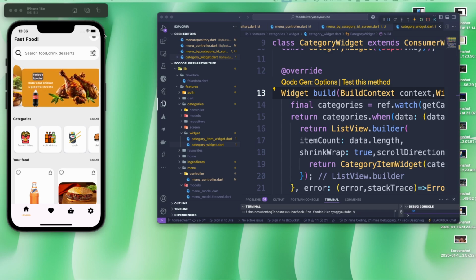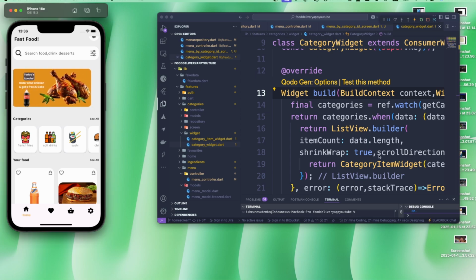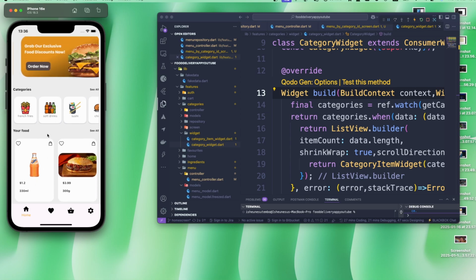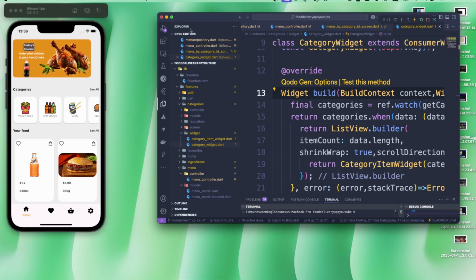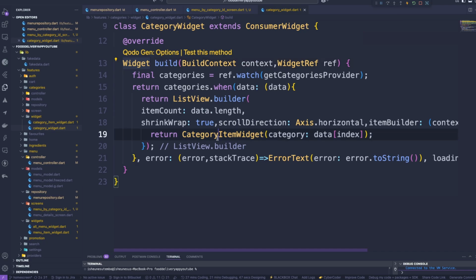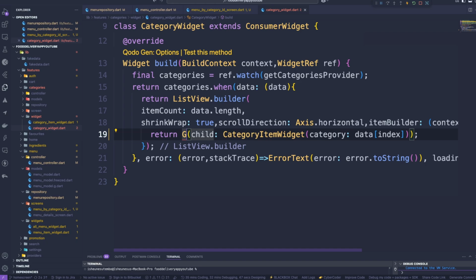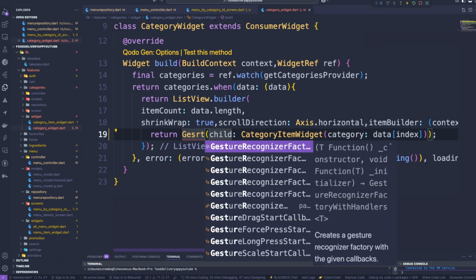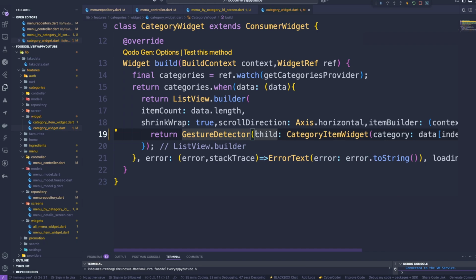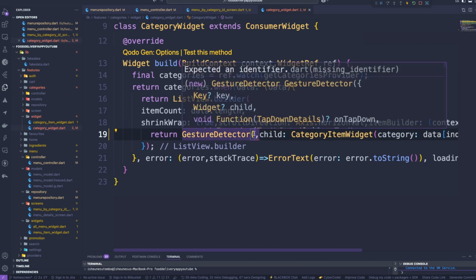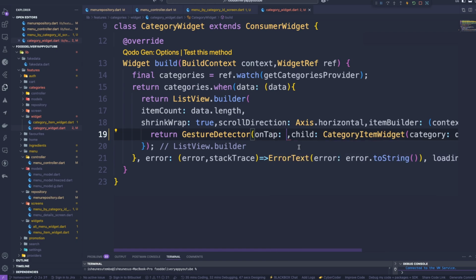Okay, so now that the emulator is running, what we want is that when the user clicks on, let's say, French fries, we want to display menus that contain only French fries by category ID. What we simply need to do is wrap our category item widget with the gesture detector, right? So let's wrap it with the gesture detector, and we'll make sure that when it's tapped, we navigate to the